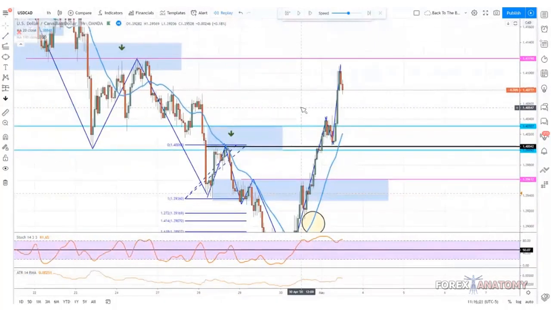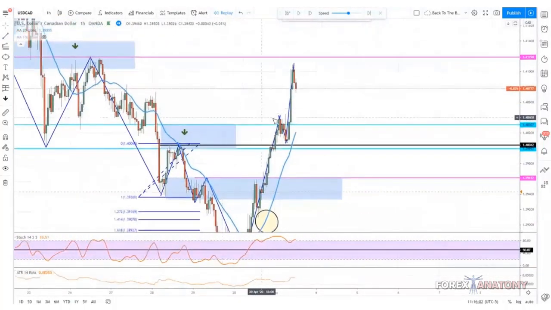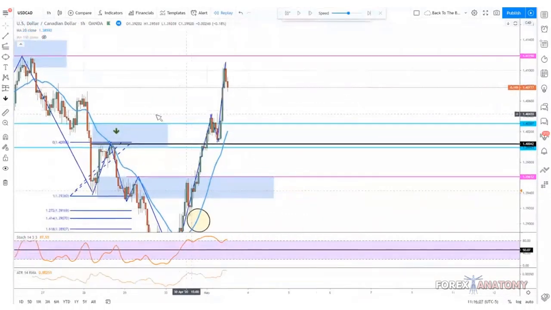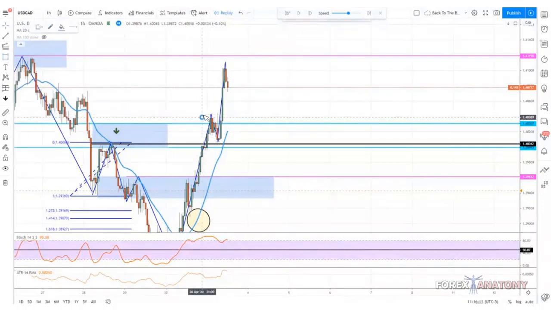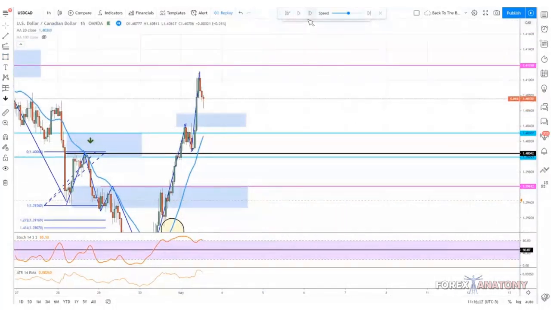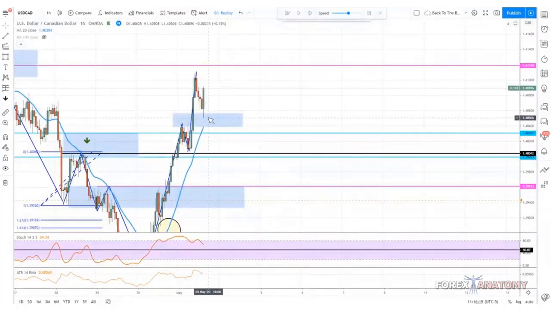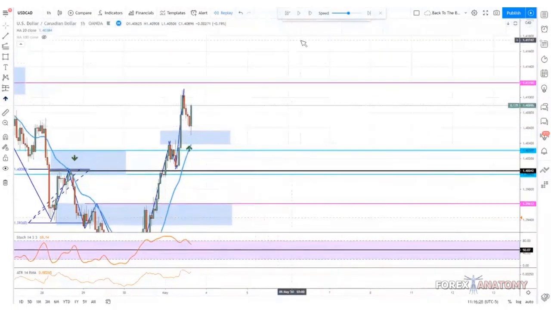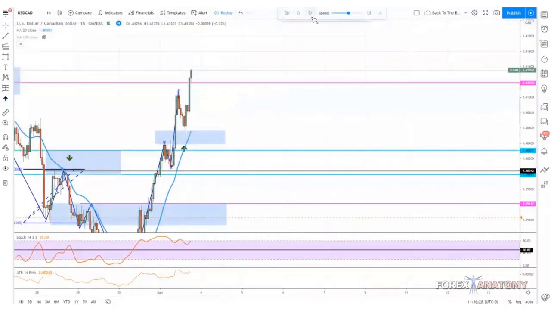And where is that? Well, that's right about right here where structure is. Remember, structure leaves clues. And then what we're going to do is draw in this zone right around here. Take it from here all the way maybe up to here, the 50 level, and let's see what happens. Okay, price hit this zone. We're looking for a buy. We enter a buy, and then let's see what happens. Price pushes up.